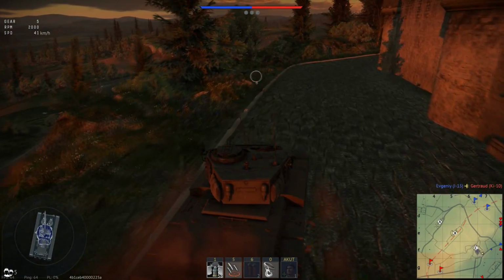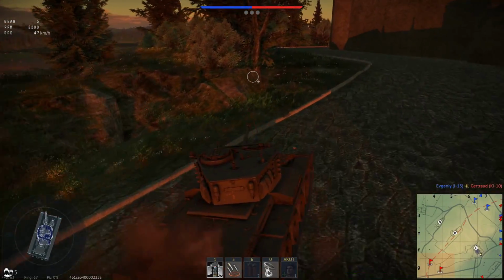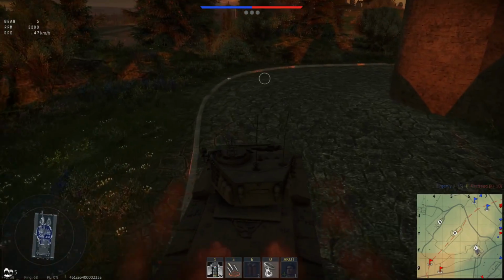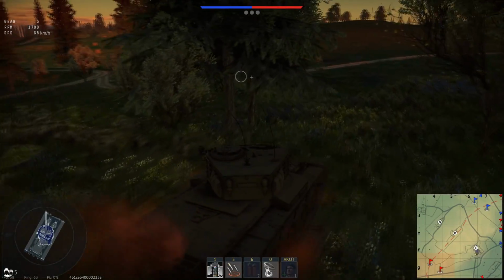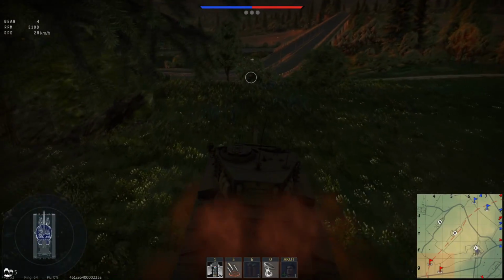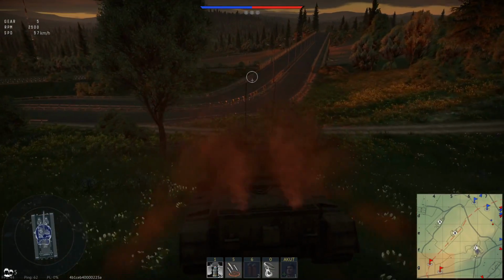So, going on here, let's have another look at the map. Again, this map, I expect it to play out like Kursk, that people initially like it, then they dislike it, then they complain that it takes so long to get to the action. And I think, you know, if you have a long battle but you get a good reward for it,